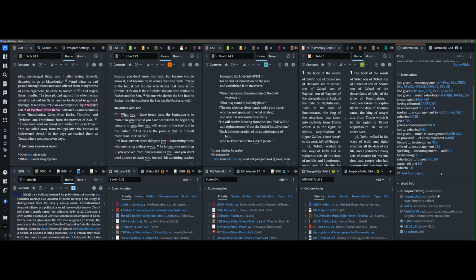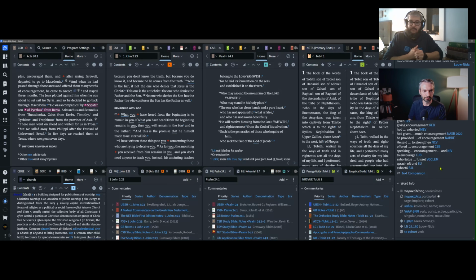If I saw a translation difficulty in this situation here, then I'd want to see context. And that's when I would open the text comparison on the various translations and see the full context as to maybe how they came to that conclusion. And I don't speak Greek and Hebrew. I know enough to be dangerous, not enough to be helpful. And so I really lean on multiple translations to give me insight as to what's going on in the Greek